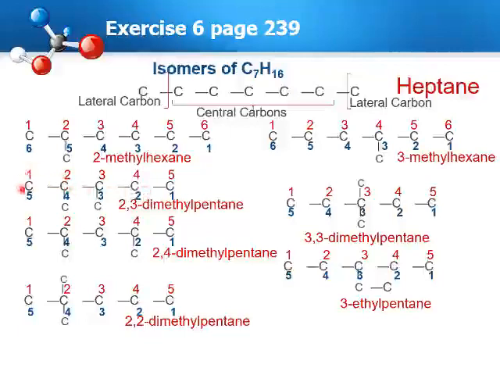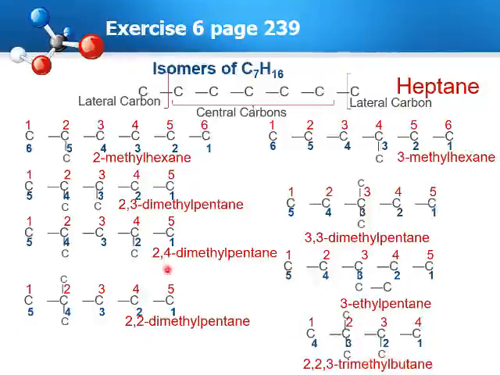In this isomer, we cannot take this carbon since it's attached to a carbon which holds a branch. We must take this lateral carbon, and we obtain a main chain with 4 carbon atoms and with these 2 branches as here. So the carbon which is taken off can be attached to this carbon or to this carbon. In the 2 cases, we obtain the 2,3-dimethyl